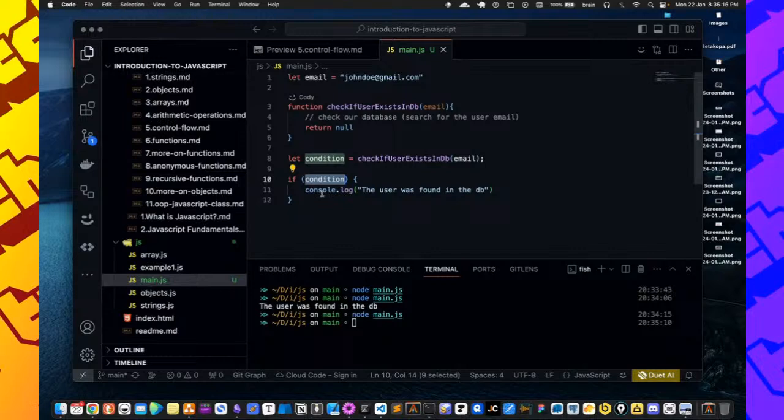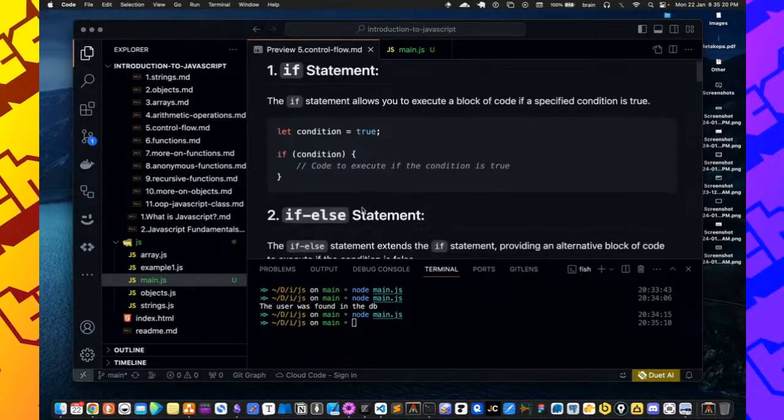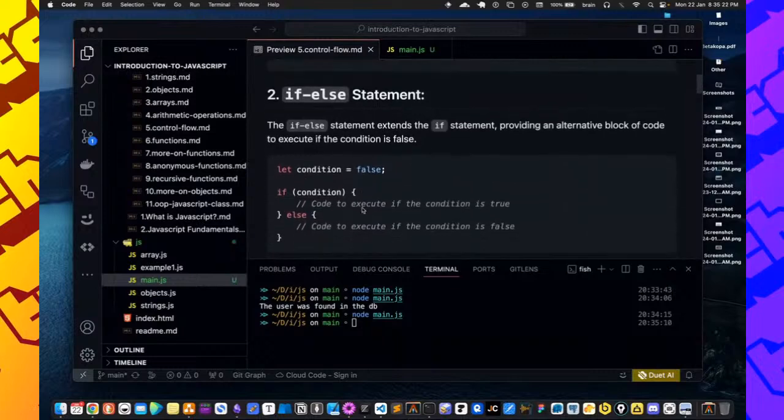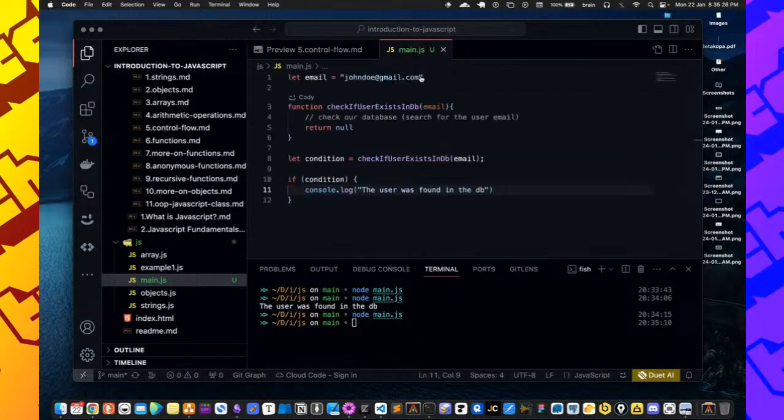Do you understand? Now, where the other part comes in, which is the else. When you have if else, it means you are saying, if the condition is not met, the else part is simply going to tell us what we do if this condition is false, right? So if we have an else here, we can say if this user exists, tell us the user was found in DB. If the user does not exist, then probably you want to tell us that